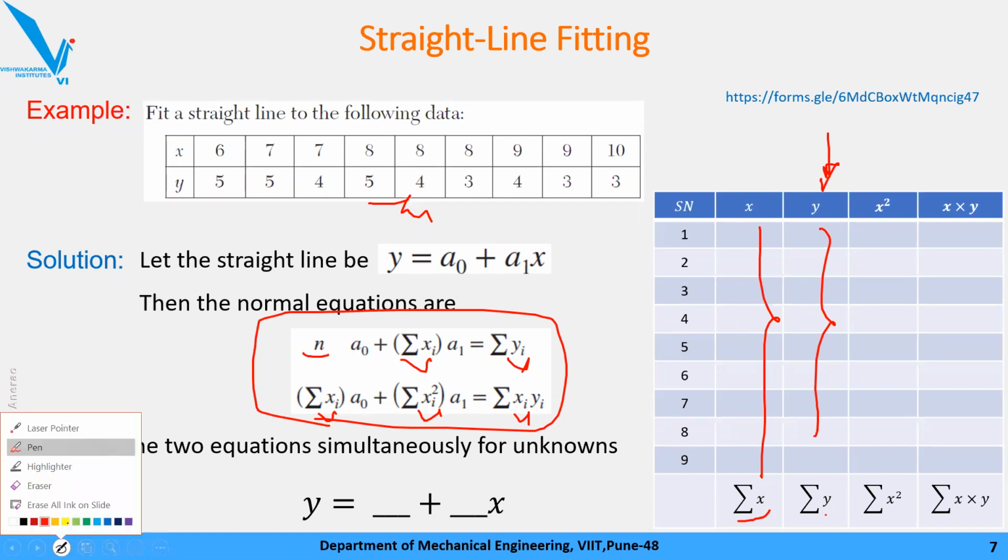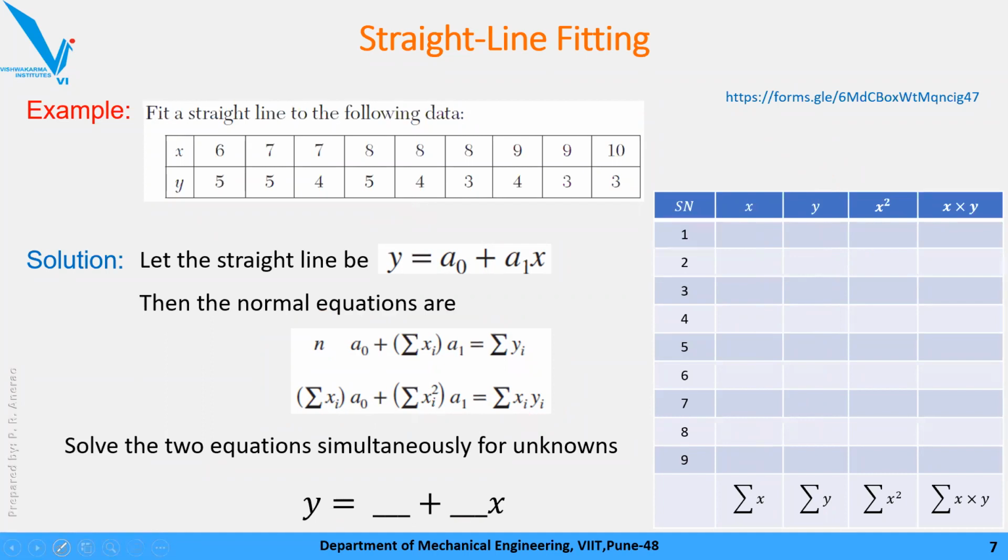This is the task for today's attendance. I'll send you one Google form in which you have to enter what is the value of a0 for the given problem and what is the value of a1. ये problem solve करो, all the things are in front of you. Try solving it within 2 minutes. I'll send you the link. If there are any doubts, please you can put your queries in the chat window. Wherever you would like me to repeat for you, please you can say.